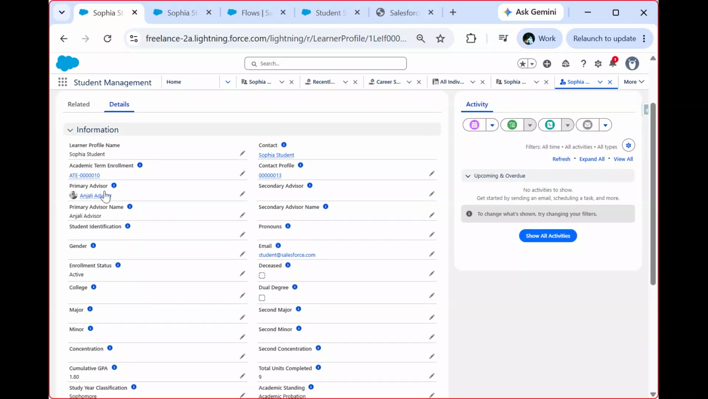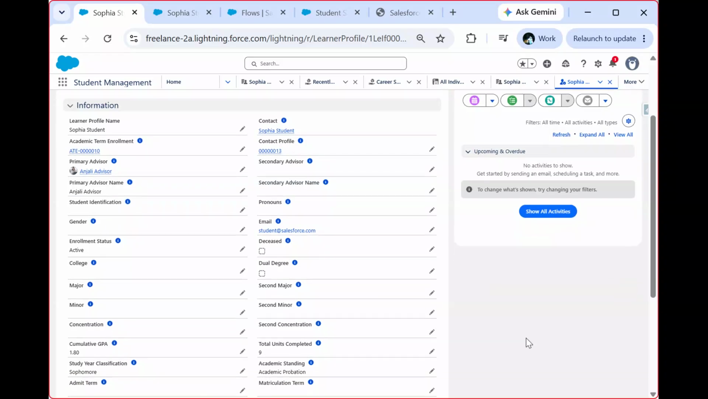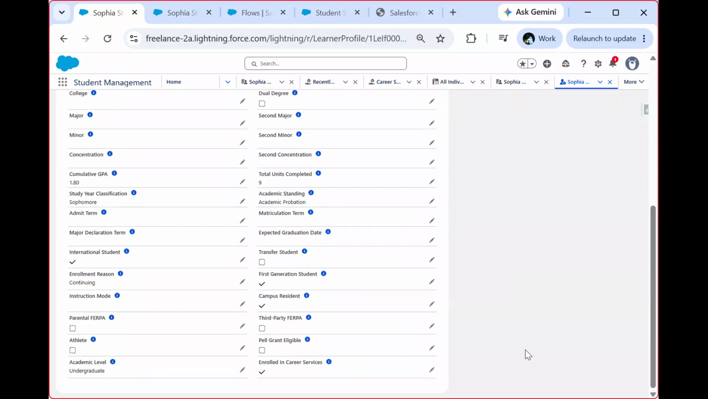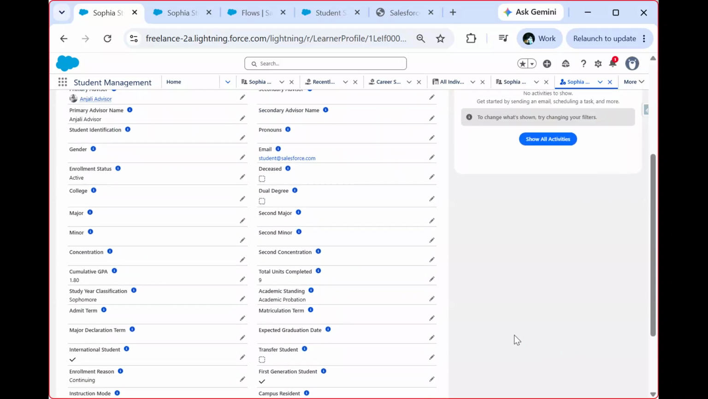If you see over here, it tells me which particular academic term, who the primary advisor is, and the email. All this information is scattered across different tabs, and all of it is pulled together. What is the GPA right now? Your total units